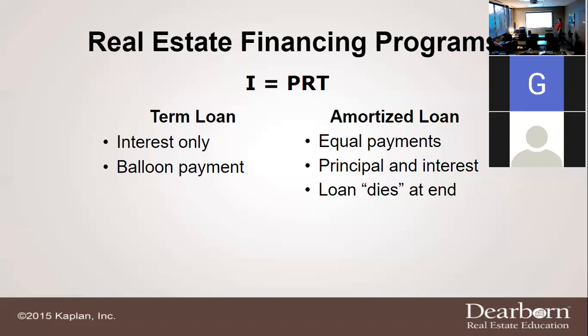So what we ended up doing was we put her into a term loan. We took her out of amortized and put her into a term loan. The reason we did this was, number one, we were able to stretch it into what was called a balloon payment loan, where she pays only $300 a month. She was paying, I think, close to $1,250 or something, maybe a little bit more. She couldn't afford that, okay? So we put her into a term loan, balloon payment, and she only had to pay interest, $300 a month, and they put her in a 30-year note.